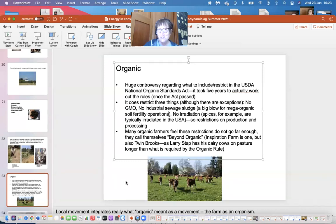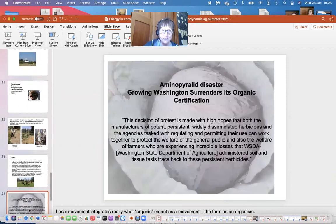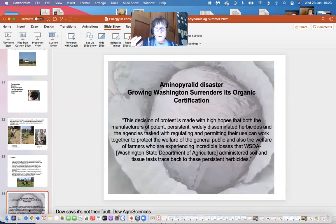Okay, so lots of questions there about organic and whether organic has been co-opted, and Dan addresses this in his presentation. I will say, I don't think he mentions this, that Growing Washington is now basically a consortium of farms, and it surrendered its organic certification. It's a little bit difficult to understand, but